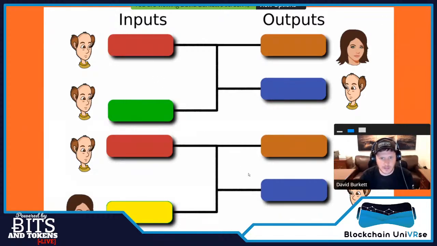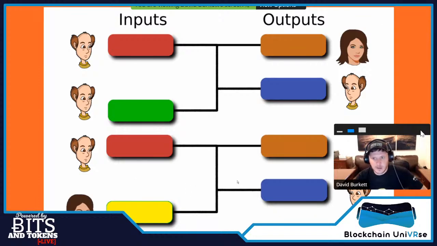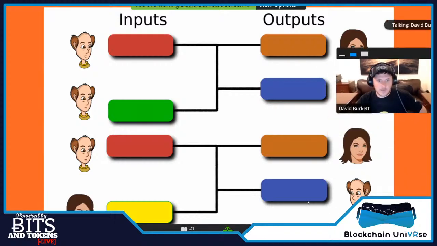But pay joins do it a little differently. Actually, the sender and receiver both contribute inputs to the transaction. So they both are spending coins as part of the transaction, which obscures who the owner of these are. Because seeing this transaction on chain now, you don't know for sure, is this input from Bob, the sender? Is this input from the sender? We don't know. One could be from the sender, one could be from the receiver, both could be from the sender. It's hard to tell. So it obscures that a little bit. And then of course they both get their outputs over here. That's called a pay join. That's one thing we could do to improve the privacy.